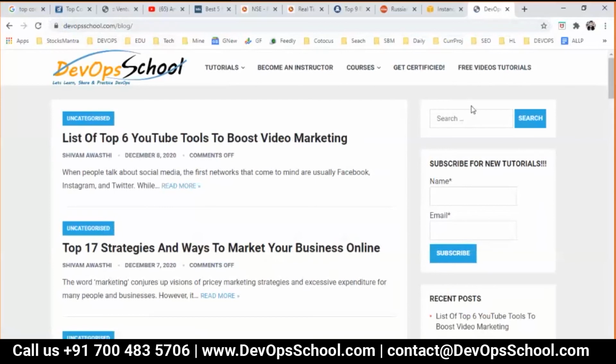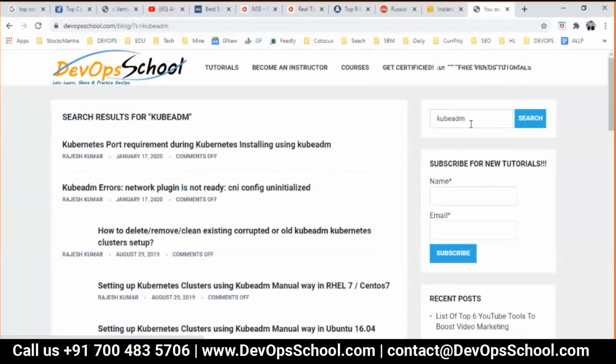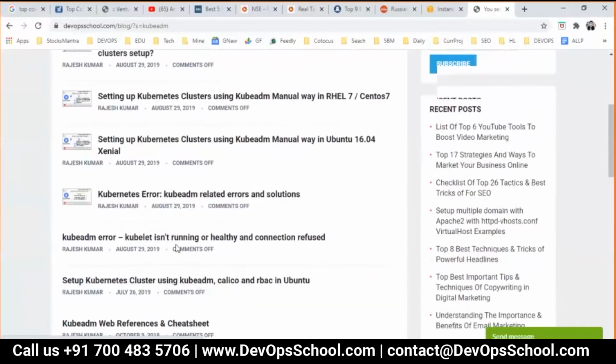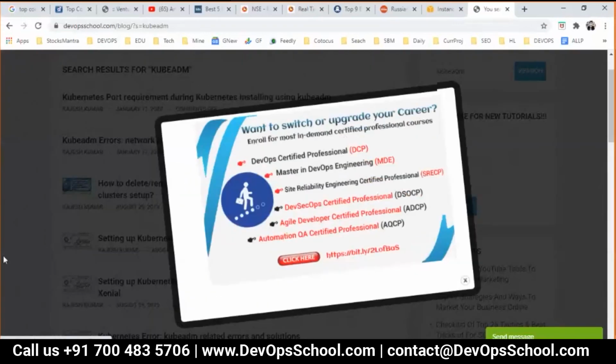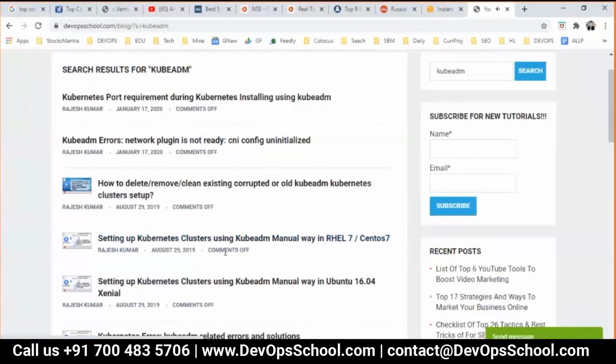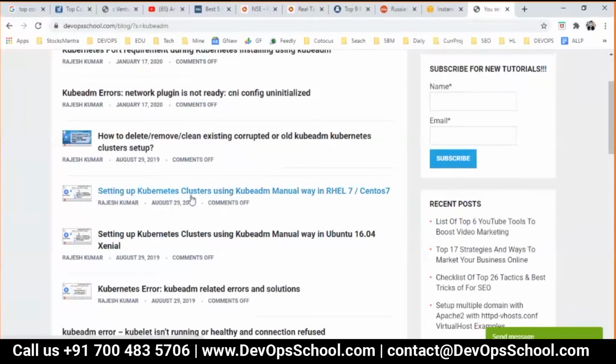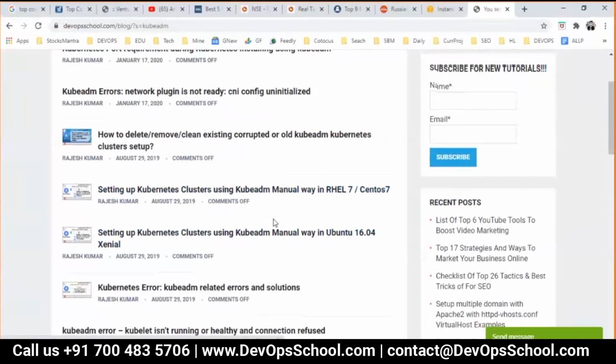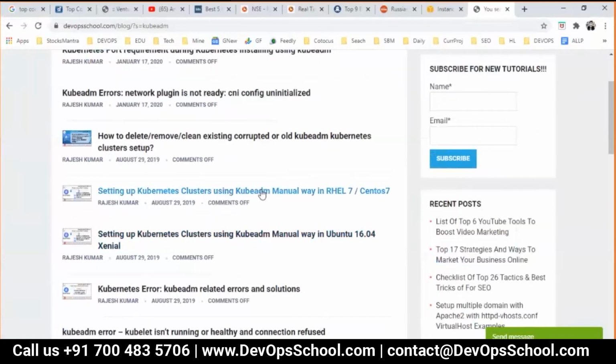Now the question is, how can I apply the instructions, documents like that? So guys, you have to refer to blogs. Any tutorials which you want, please come to DevOps School. Here you have all the tutorials. Many things are not covered, but many things you will find here only. Here I will search, let's say Kubernetes or Kubeadm. I search for Kubeadm, and here I get a lot of articles. Any errors also you get. Here also you can find it. Sometimes it's not in Google, but if you come and search here, you'll get it.